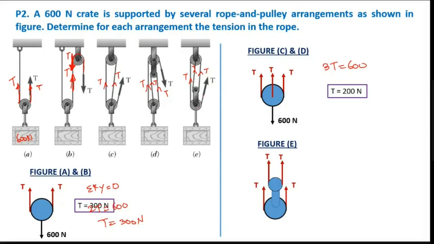These two pulleys are connected together. So when I draw, I can't draw this separately as a free body diagram. You have to consider this entire step as a single free body diagram. So in that case, you have 4 forces: one is 600 acting downward and 4 tensile forces acting upward. So 4T is equal to 600, which means T is equal to 150. So this is a simple example of knowing how to locate these tensile forces in a pulley.